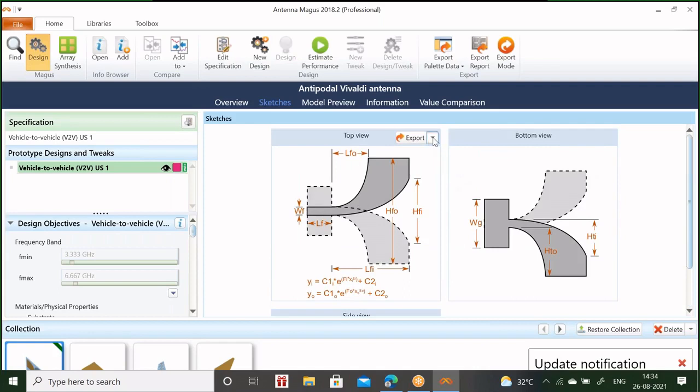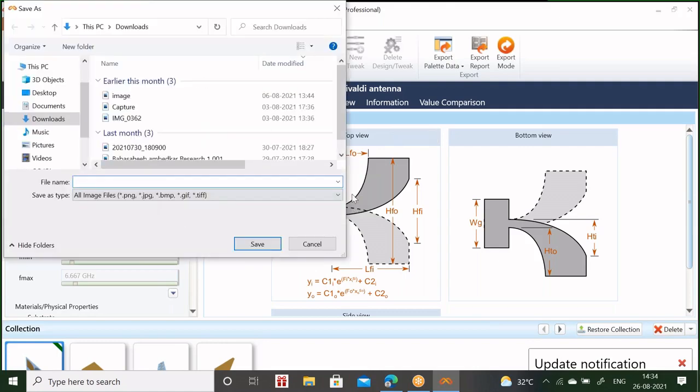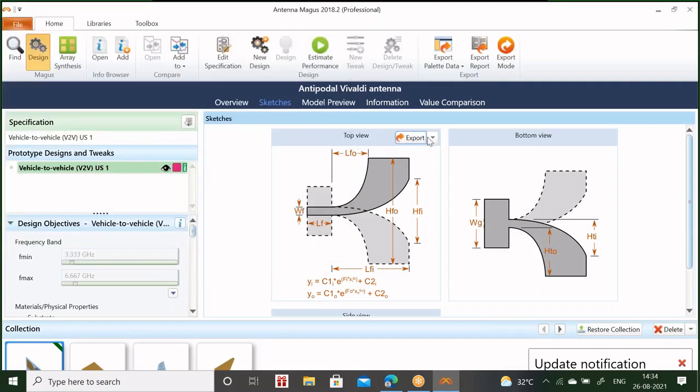If you want to export this, you can export. Just click file, and it will ask where to export. It will store that image as a bitmap, GIF, or PNG image. Otherwise, if you want to export to clipboard, it is copied.